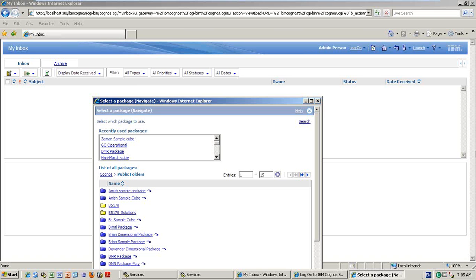What is the first difference compared to Business Insight? It wants you to select a package. Package should be selected for previews. You need to select the package. Exactly. So I am selecting the Go operation.